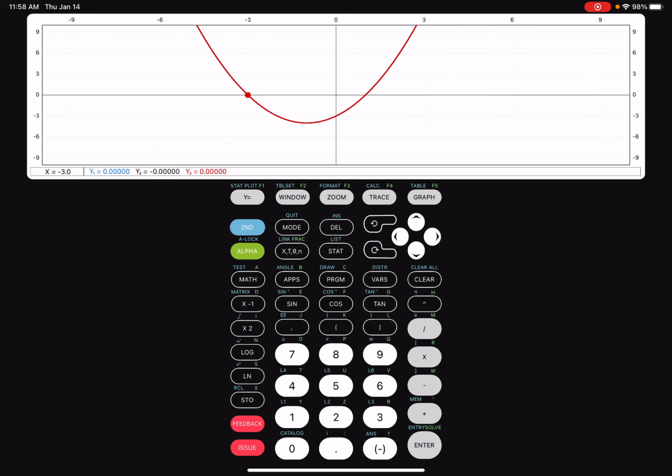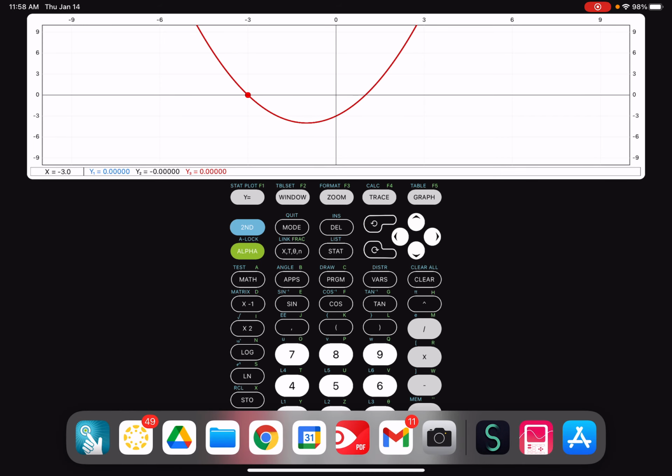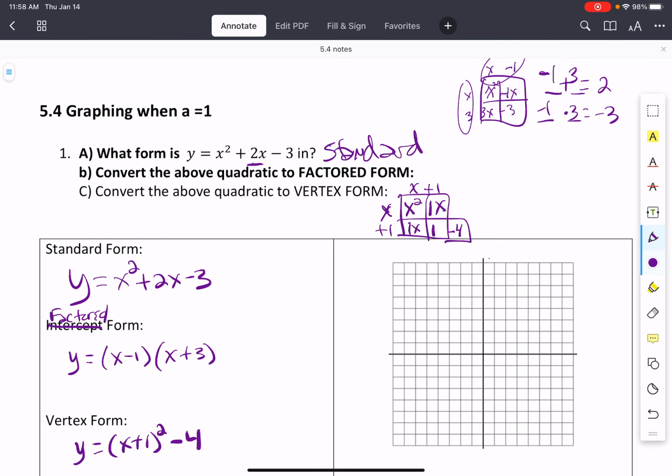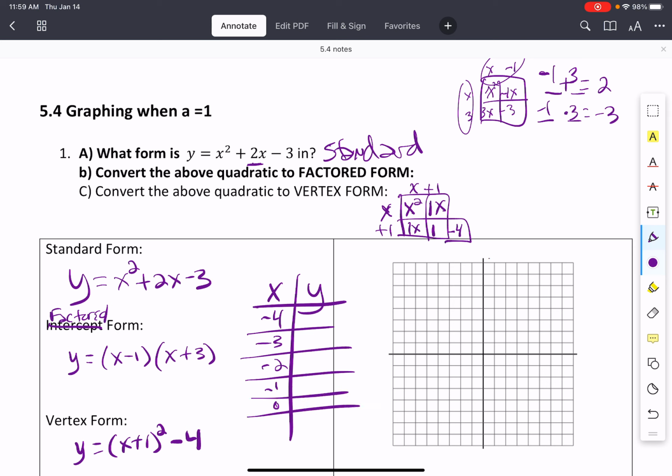Wait, so how do you do the -4? So then 0, okay? You're going to go through and follow that on your calculator, the second trace thing, until you get this table filled in. How do I delete the -4? You shouldn't have to delete the -4. You just type in -4 and then press enter, and then the 5 should pop up. Okay, we're going to